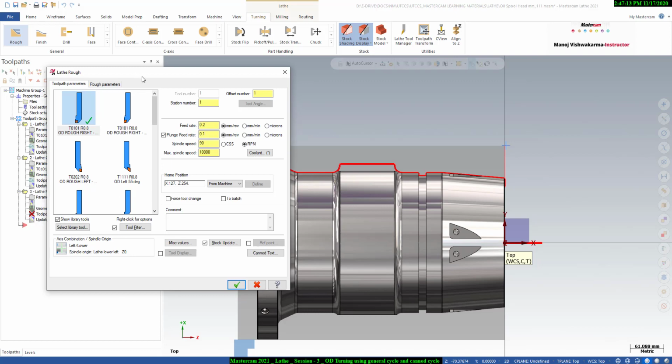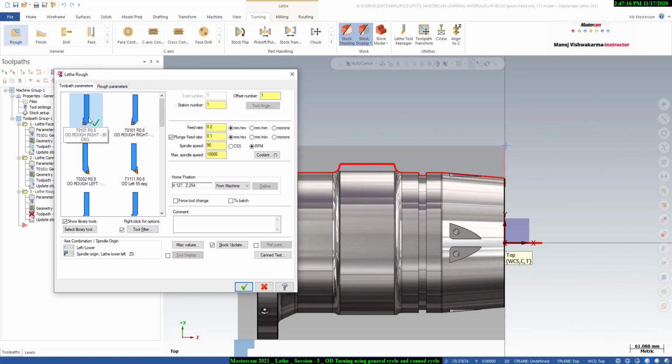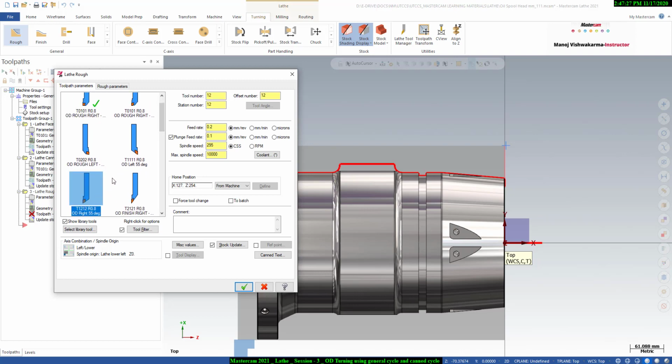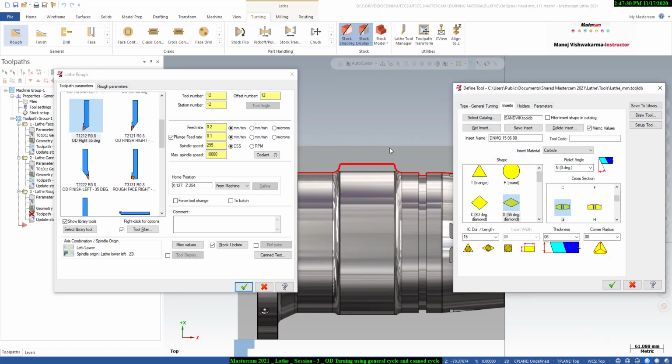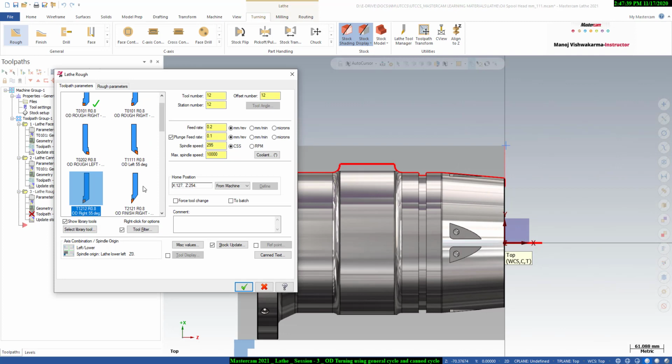The next thing is we have to define the tool, which tool we have to use. We can select that from here. We will use this tool and check the insert. This is a DNMG 1506.8 insert, and here you can change the corner radius. I will say okay, and now go to the tool number. I will say tool number 2, and feed rate as per the tool trade and material hardness we can define here. I will say 0.1,